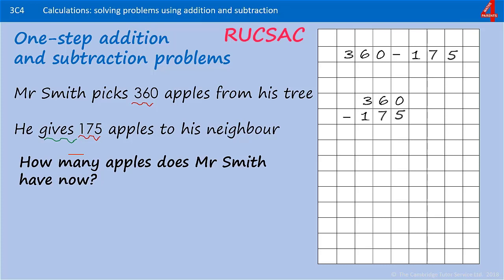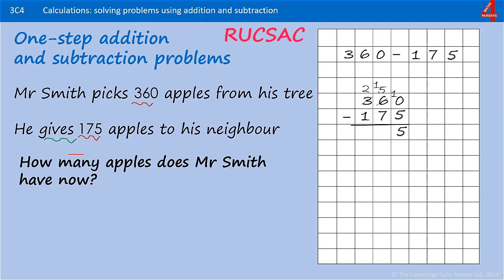360 minus 175. 0 take away 5 we can't do, so we need to take 1 from the tens column. That 6 tens now becomes 5 tens, and that 0 becomes 10. 10 take away 5 is 5. In the tens column we have 5 take away 7, which we can't do, so we need to take 1 from the hundreds column. That 300 becomes 200. The 5 tens now becomes